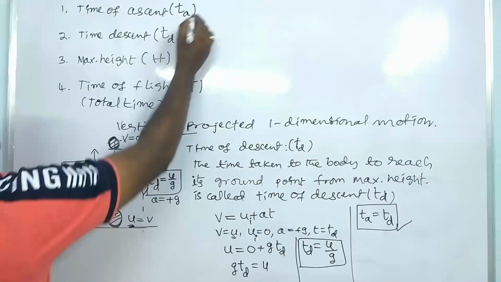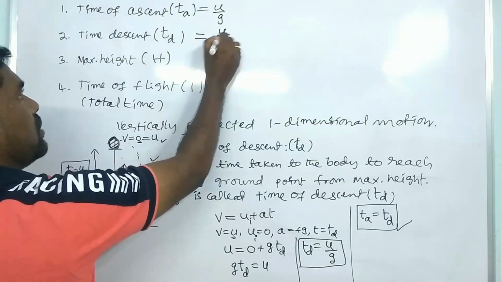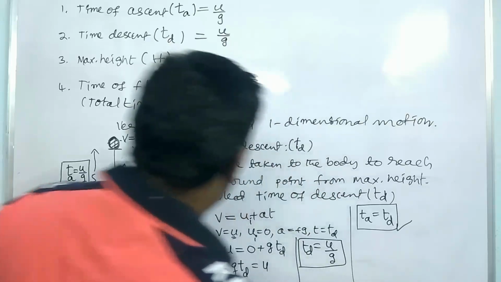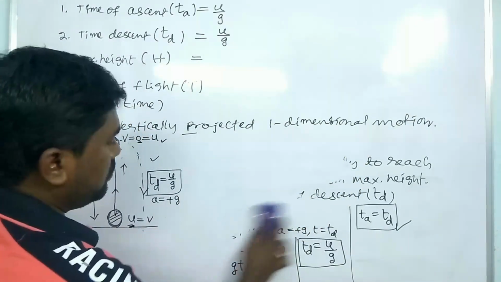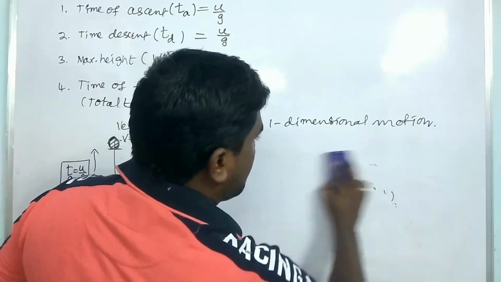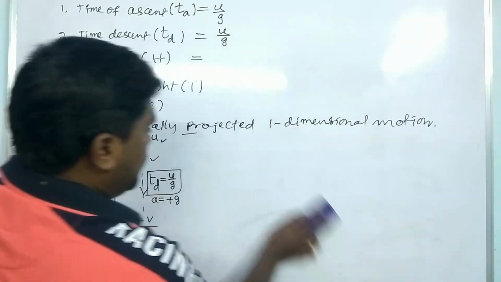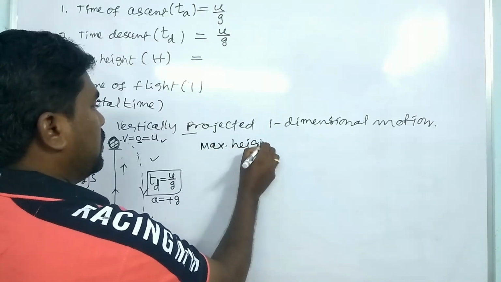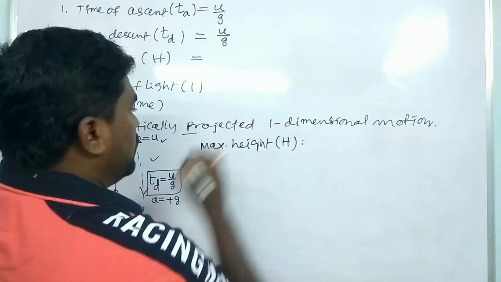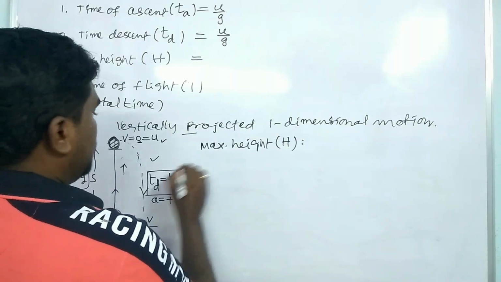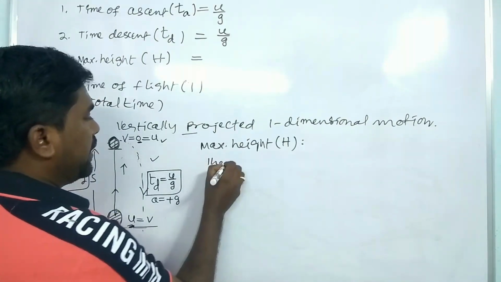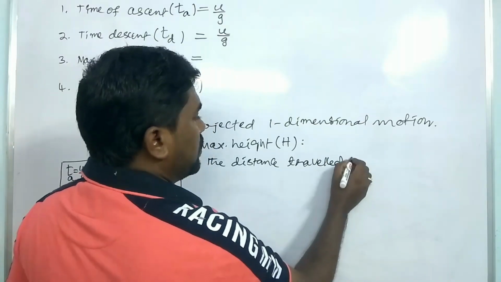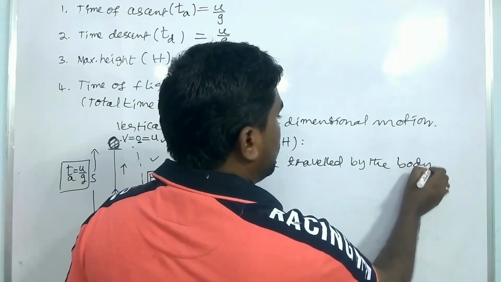And now we have to derive the maximum height of the body. This is equal to u by g, and this is also equal to u by g. How can we derive the maximum height? Let us see. The maximum height of the body is denoted by the capital letter H. Maximum height is nothing but the distance traveled by the body